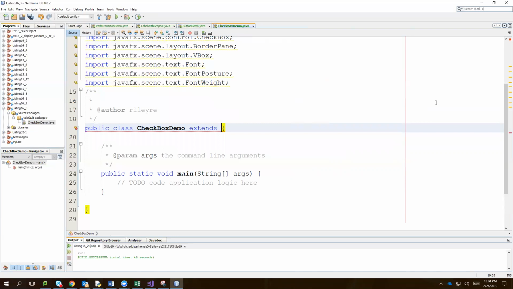So the reason I wanted to do these ones together is because they extend each other. So that button demo that we just got done, we're going to use that as our base class for this listing. So we're going to extend button demo instead of extending application. Button demo, if you remember, extends application. Well, now we don't have it, so let's find that class file, that .java file,